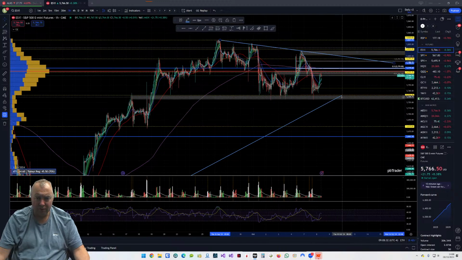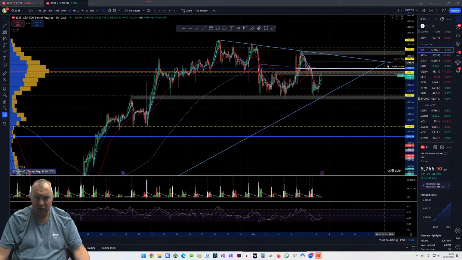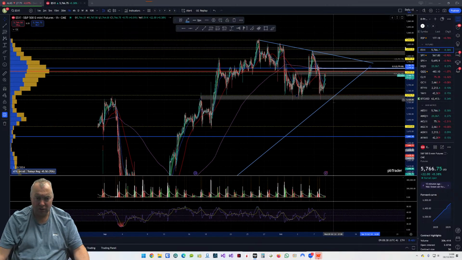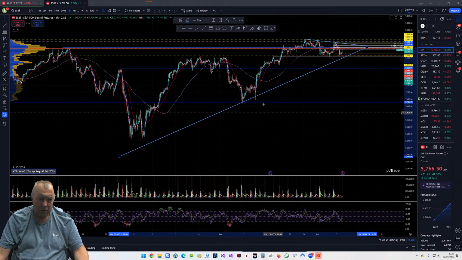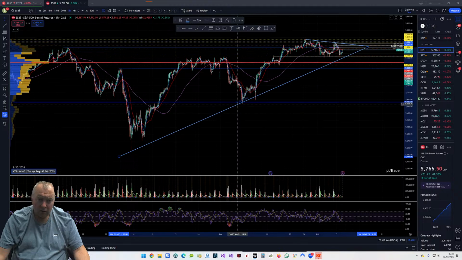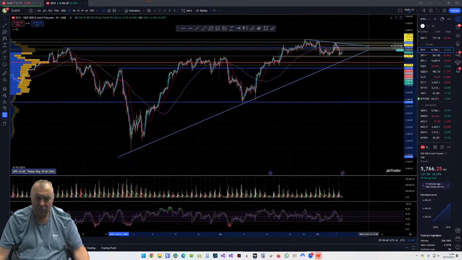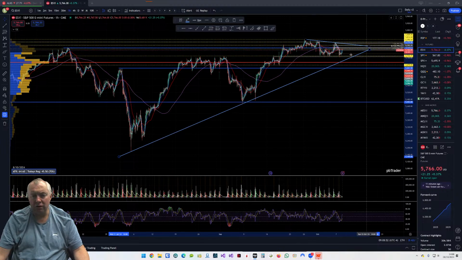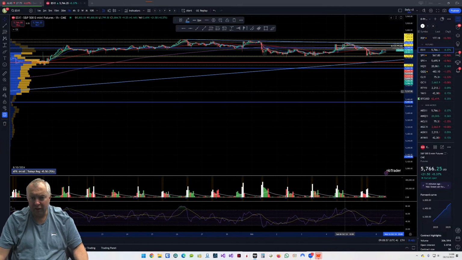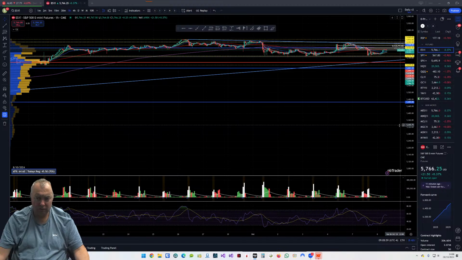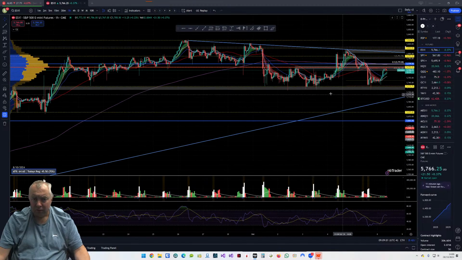And we've got the extension of this one, so let's just draw that up as well. And I'll zoom out so you can see where it's come from. This is this trend line on the daily, so let's just match up the pivots a little bit, so about there. And one thing, there you go.